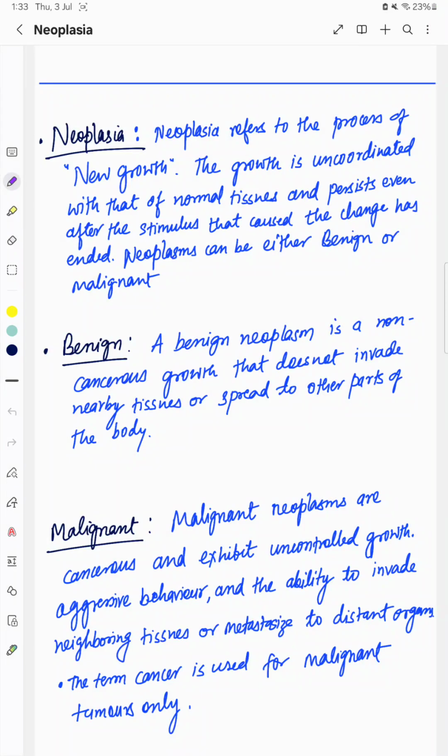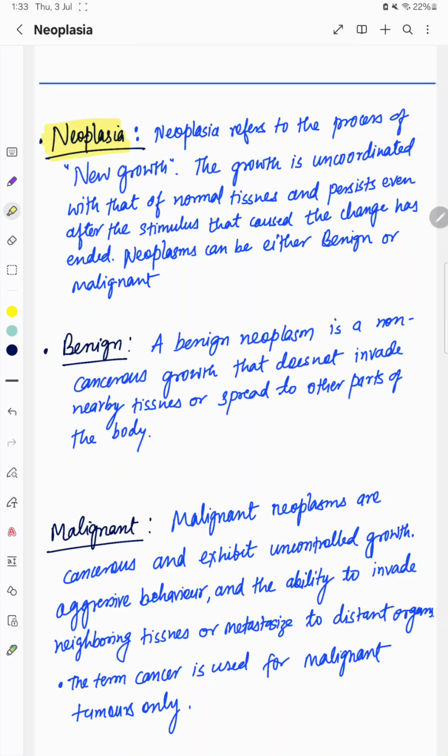Hello everyone. Now we will discuss one of the very important chapters in general pathology, Neoplasia. In the first lecture, we will discuss the various nomenclature we are going to use throughout the chapter. So first is